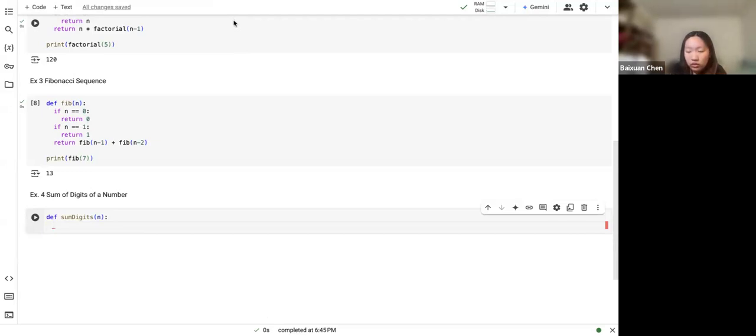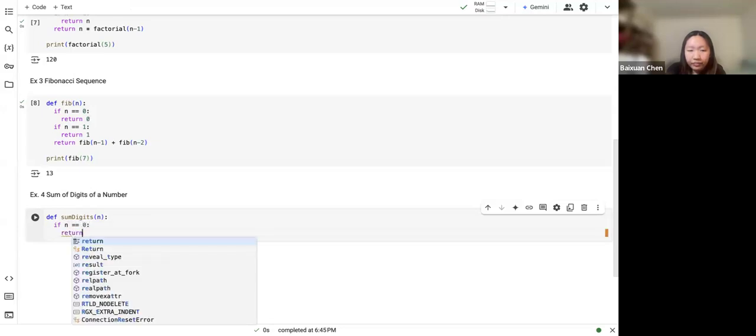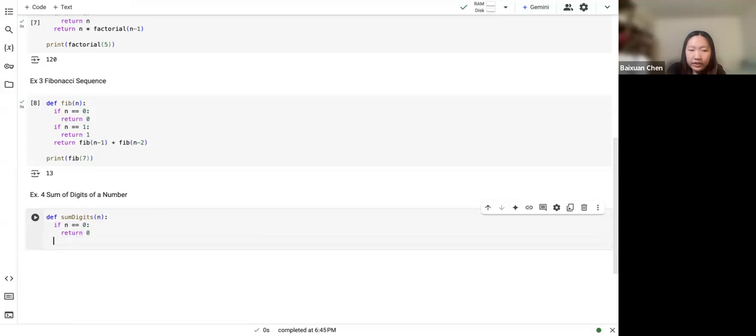So the base case is if the number is 0, because if you add 0, it'll just be the same thing no matter what. Adding 0 is like the identity property. So if n equals 0, return 0. That's the base case. Next, all we need to do is